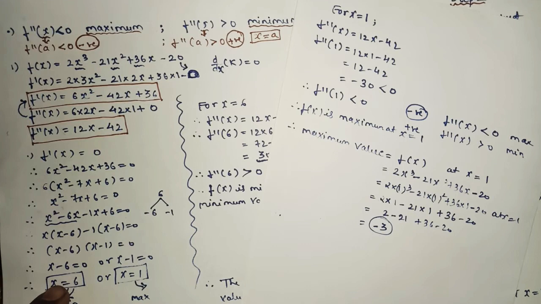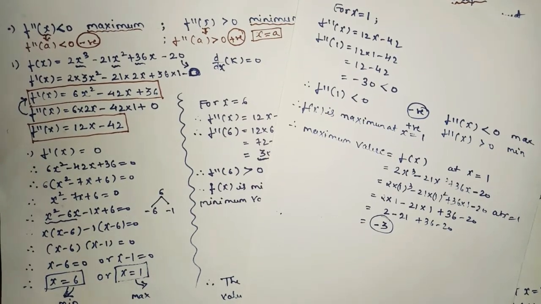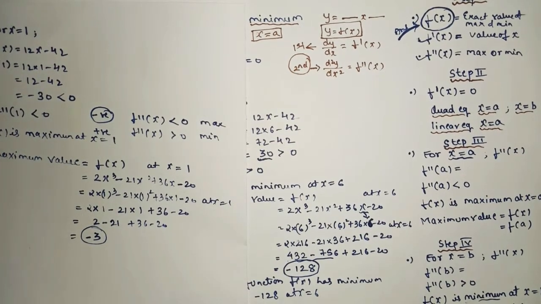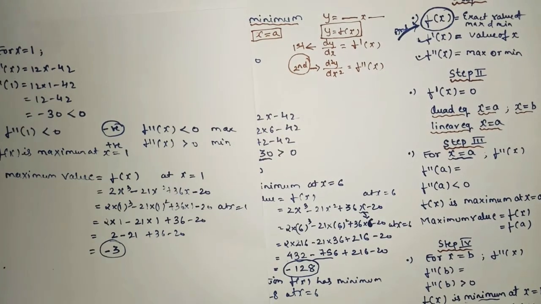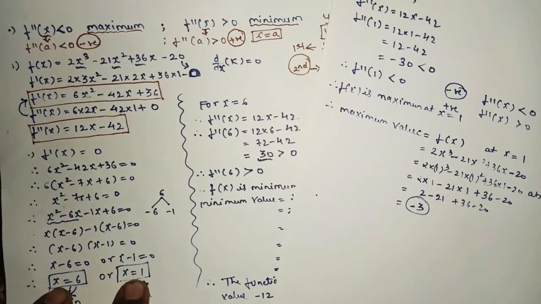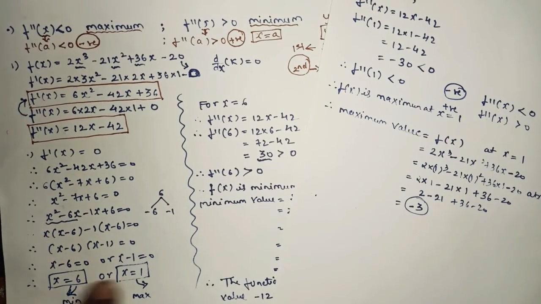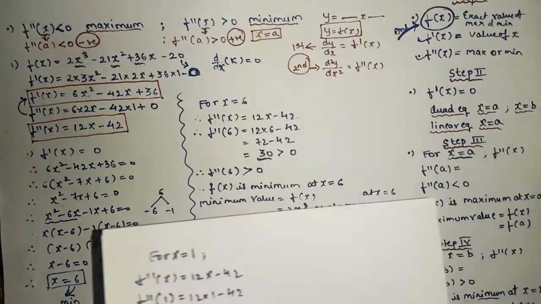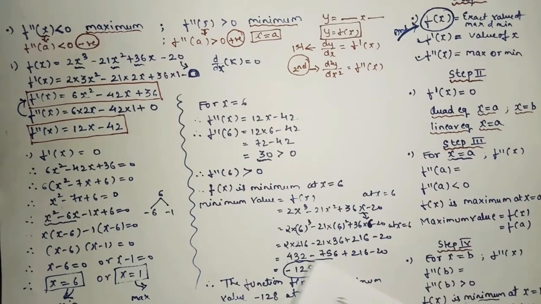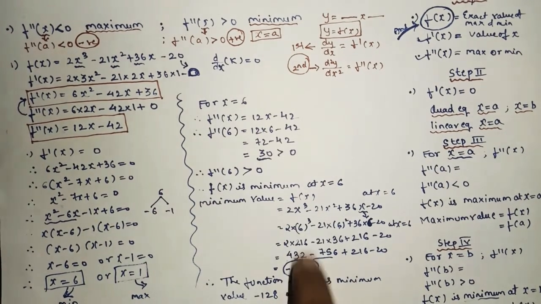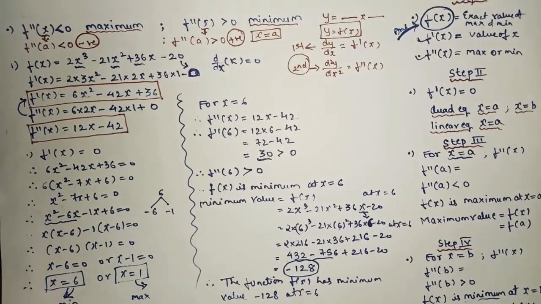As for this sum, when you see the answer at the back, it clearly mentions that at x equal to 6 the function is minimum and at x equal to 1 the function is maximum. The exact value of the minimum and maximum will be perfect only if you get this answer perfectly and write the steps properly. So don't worry about whether you are getting positive or negative. Just find the answer and write that the function has a minimum value at x equal to 6.